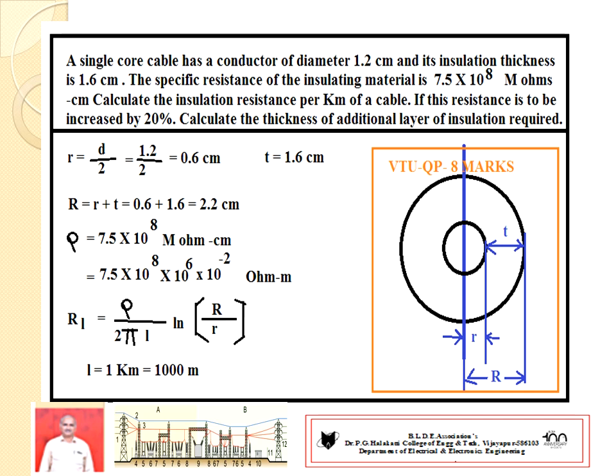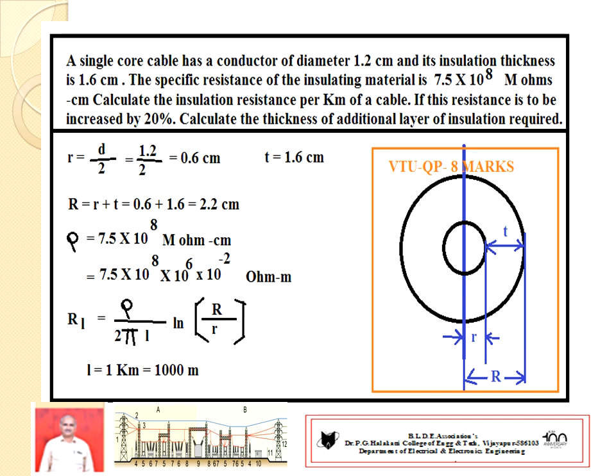Sir, in previous we taken capital D equal to small d plus 2 times of thickness. Same thing, radius is taken. Previous problem we have used diameter of sheath. Here radius of sheath. Radius of sheath equal to radius of conductor plus thickness of insulation. That becomes 0.6 plus 1.6 equal to 2.2 centimeter. Resistivity value is given. You convert into ohm meter. Ohm centimeter is given. Convert into ohm meter.